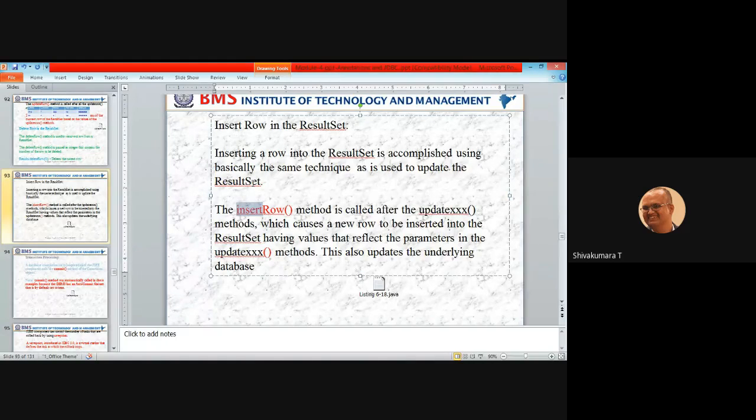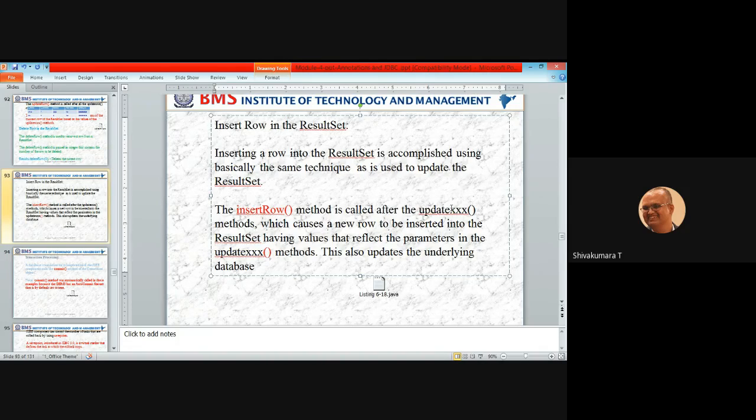So for example, updateString first name, then updateString contact number with some new value. Instead of going to update row, you use insert row. Update row is required to change the state of the database, whereas insertion is used if that record does not exist.